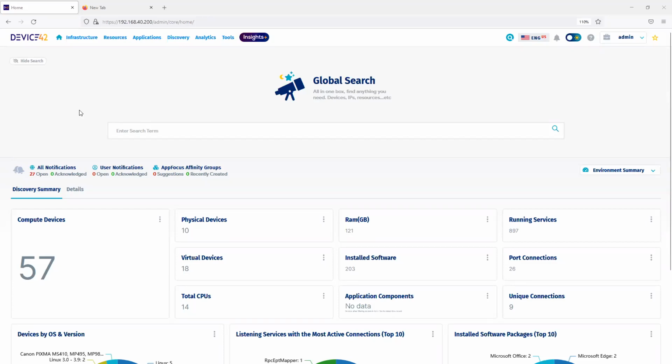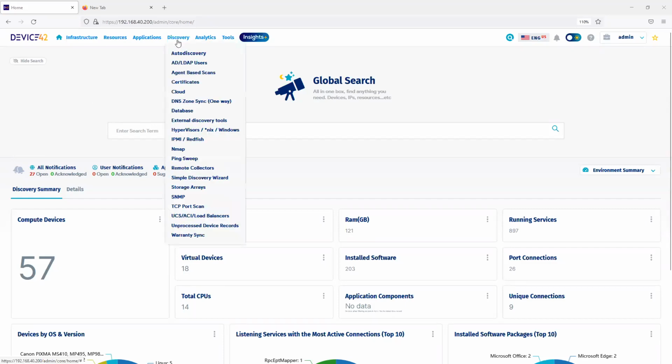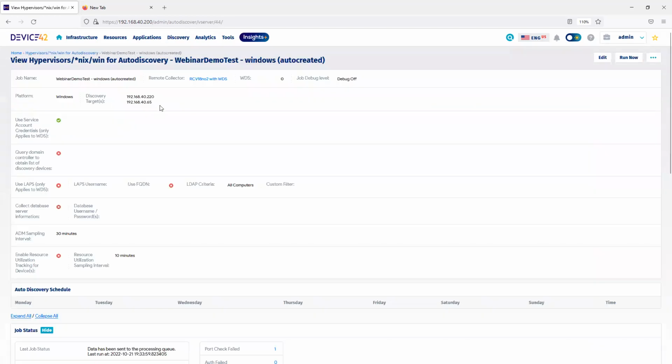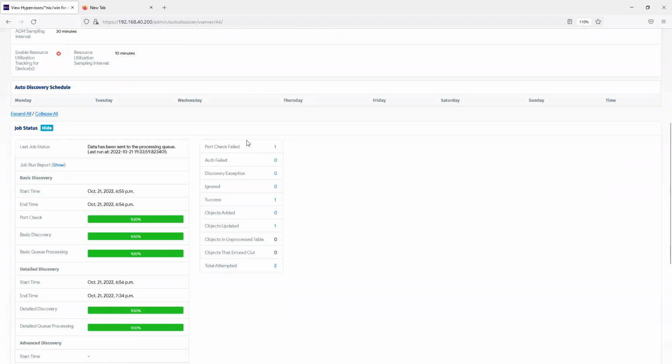Today, we're going to review some simple troubleshooting tips with Windows and Linux discovery jobs. First, I'll navigate to my hypervisor's Linux and Windows discovery, and I'll drill into my Windows job. I have two systems identified in my Windows discovery job, and looking at the results, I can see that one